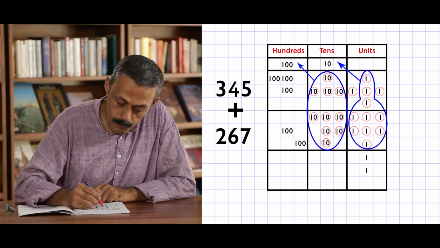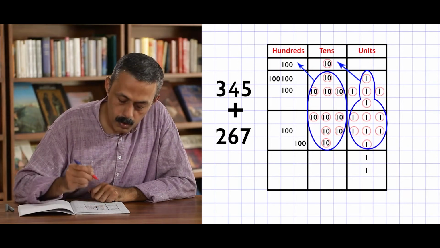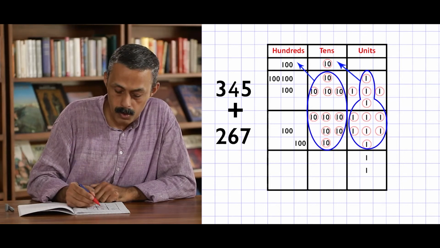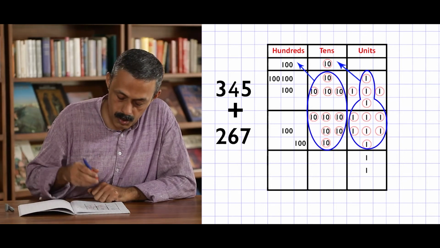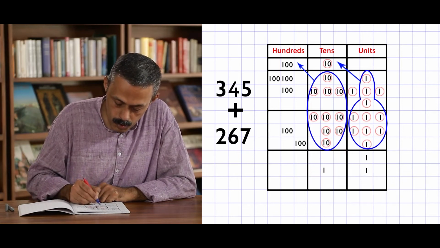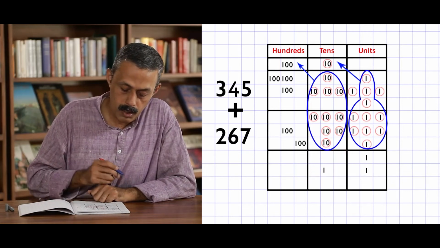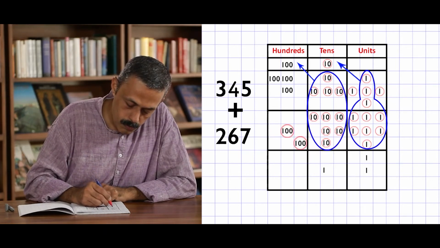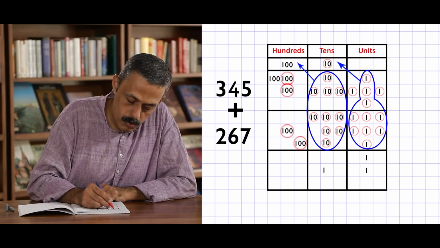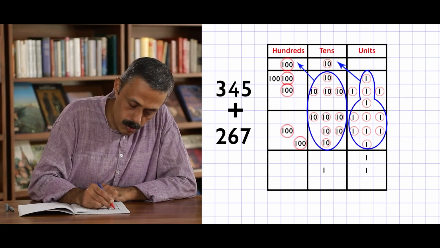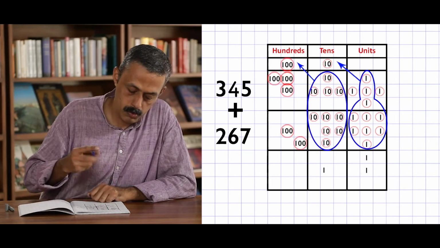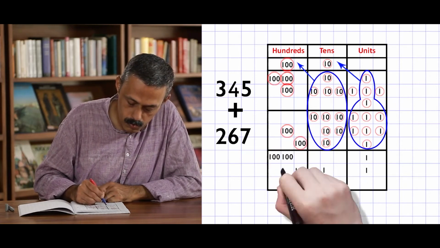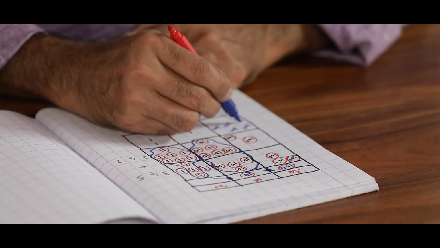So then, how much is left here? 110 is remaining. Sometimes children forget the carryover number, which should not happen. So that is why I am counting this 10 as well. How many tens are there? 110 remains. Now let's see how many hundreds we have. 1, 2, 3, 4, 5, 6 hundreds. Let us write it down here. 1, 2, 3, 4, 5, 6 hundreds.